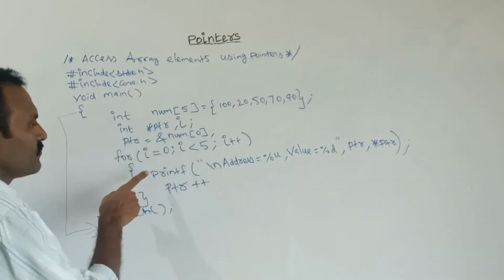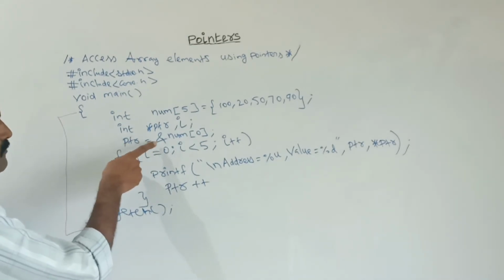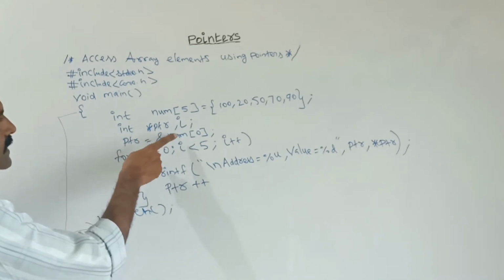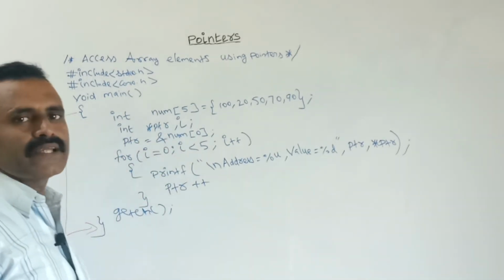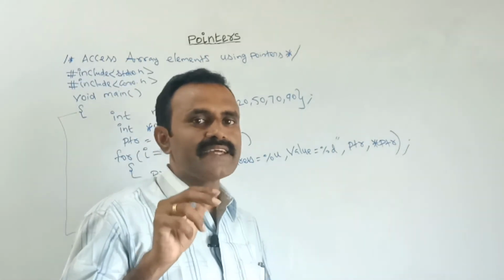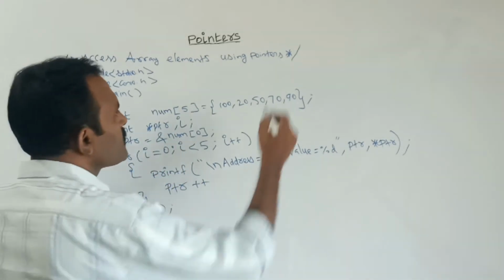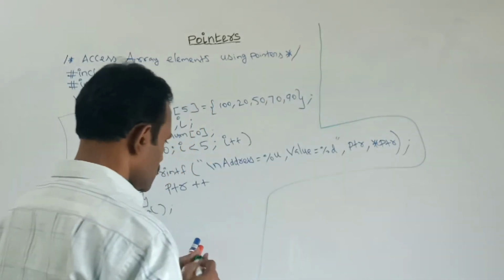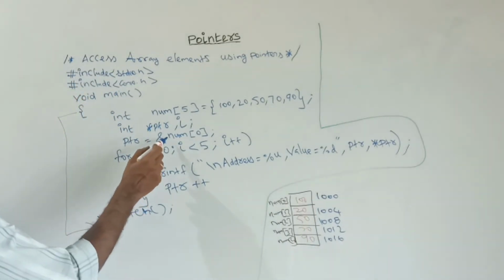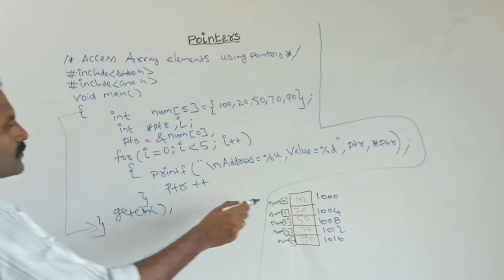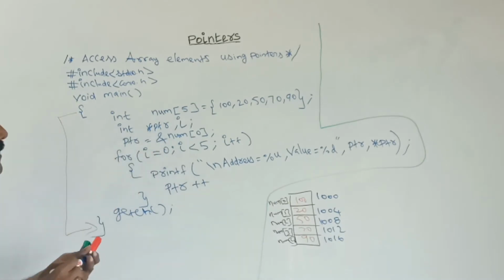Next this I is used for the for loop. Here at the very first I am storing the address of this NUM 0th position to PTR. See here that 0th position is the starting address, otherwise we can say it as the base address. So this base address is stored to the PTR. Let us see the output here. This is the base address. See here I am telling to store the address of 0th position. So the starting address 1000 is stored to PTR.